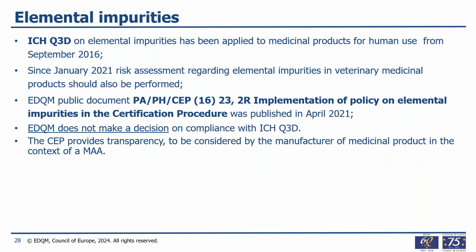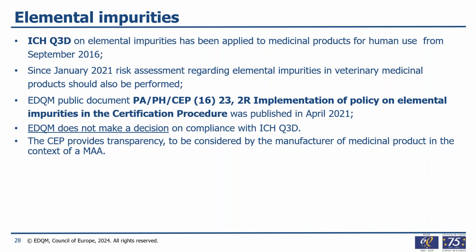About the elemental impurities, as you know, the ICH Q3D guideline on elemental impurities has been applied for medicinal products for human use from September 2016. From January 2021, the risk assessment regarding the elemental impurities is also performed for veterinary medicinal products. In the CEP procedure, the document which describes how to implement the policy on elemental impurities is the EDQM public document 1623, which was